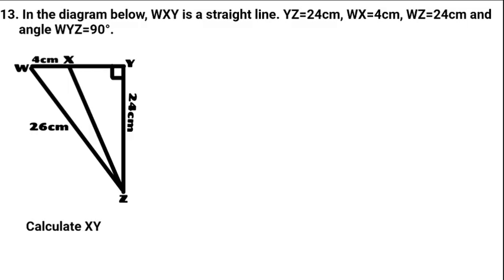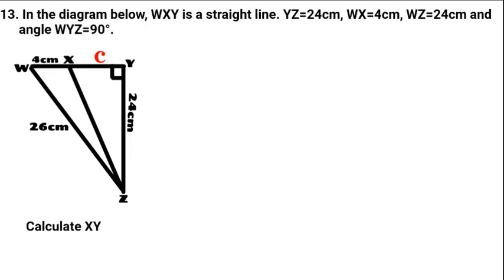Okay, so what we're going to do now is identify the length of the line XY. The line is this one, the one I've marked C in red. That is the distance we need to calculate to know the distance from X to Y. Okay, so for us to find the distance XY, what we're going to do is